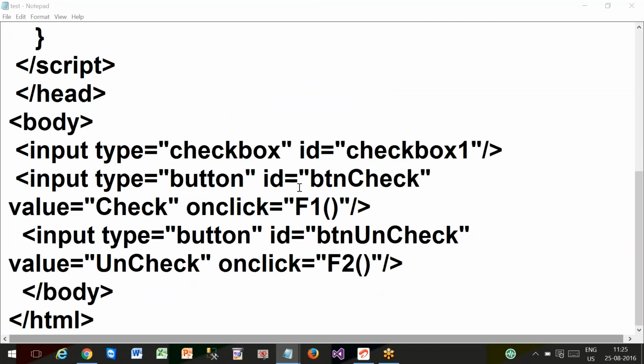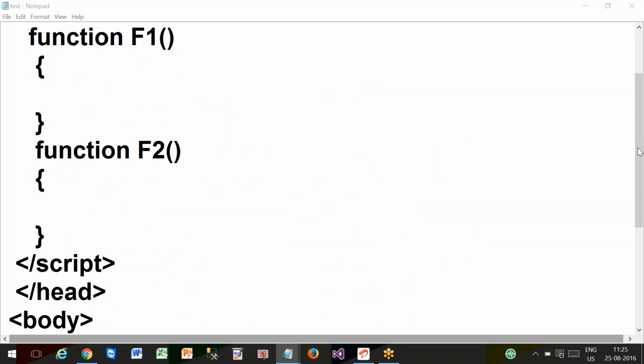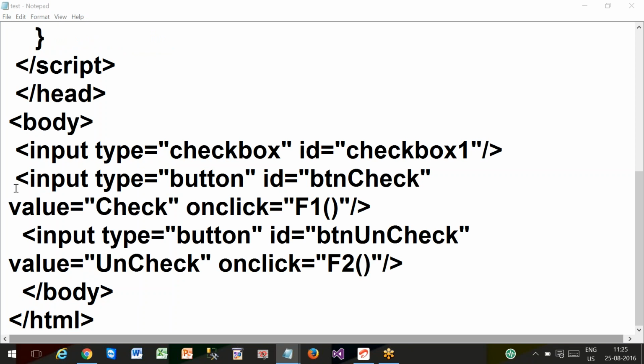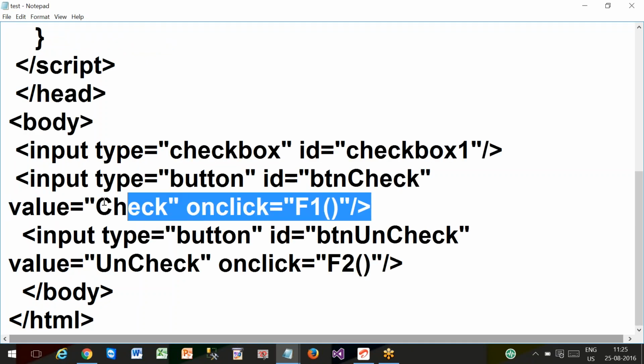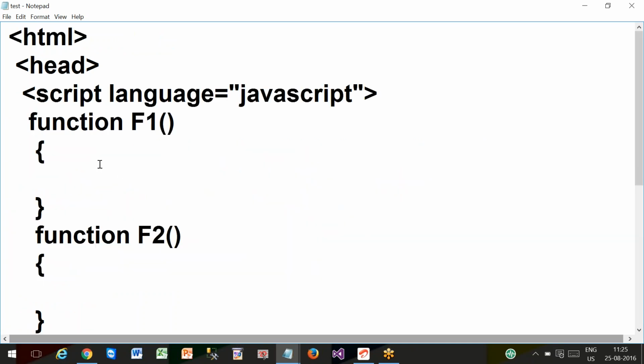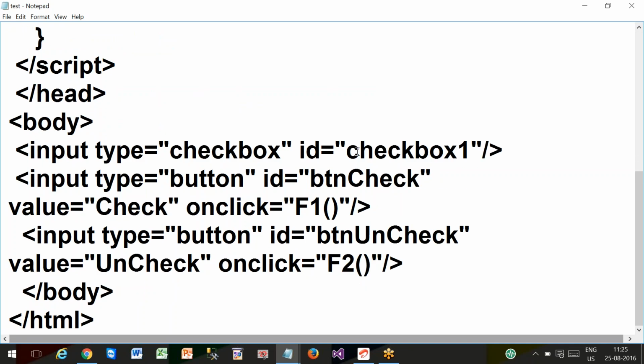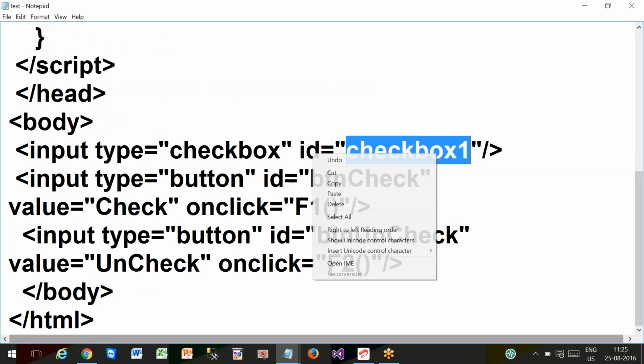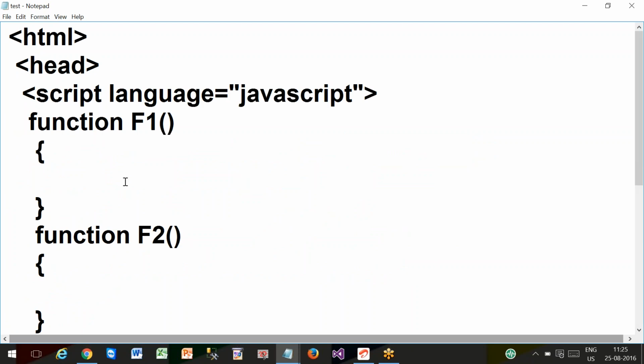Right. So how many JavaScript functions did we define? Two. Number one, F1, number two, F2. F1 will be invoked whenever you click the first button. F2 will be invoked whenever we click the second button. Whenever we click the first button, we want to check the checkbox. So checkbox one dot checked value is equal to